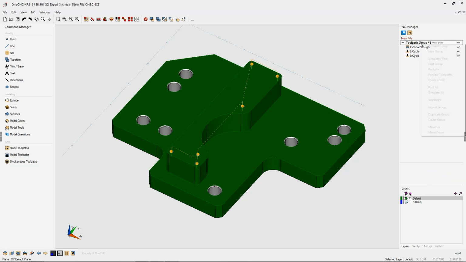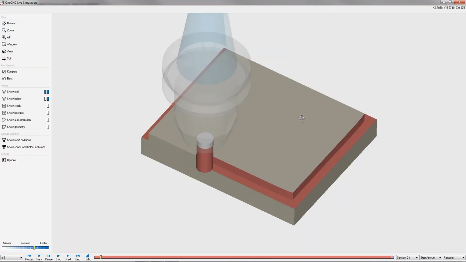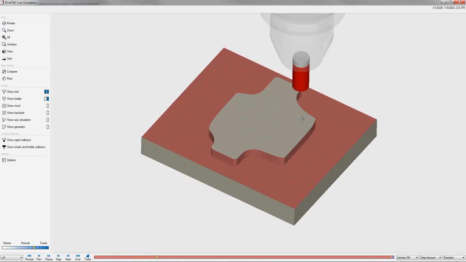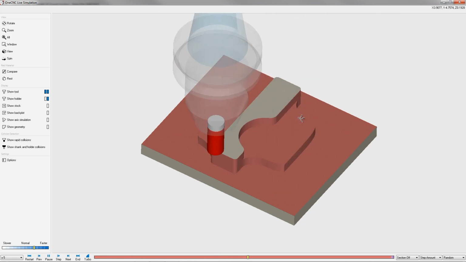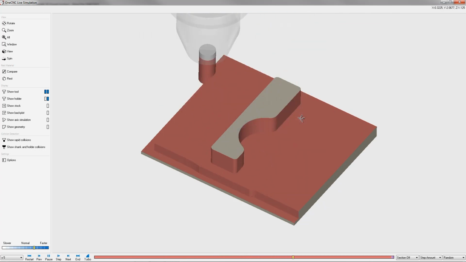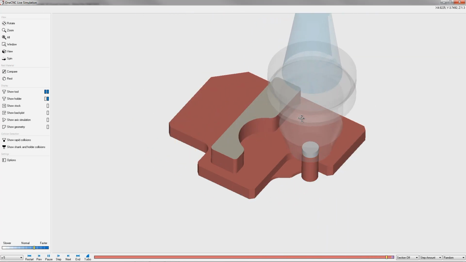I'm going to right-hand mouse click on the toolpath group, select Simulate Rest. I'm going to be using a solid model I created earlier for the stock, so we'll click OK to that. And here we go. So here's the roughing operation. And then when that's finished, we're going to be changing tools to a 3/8 diameter drill and then drilling the